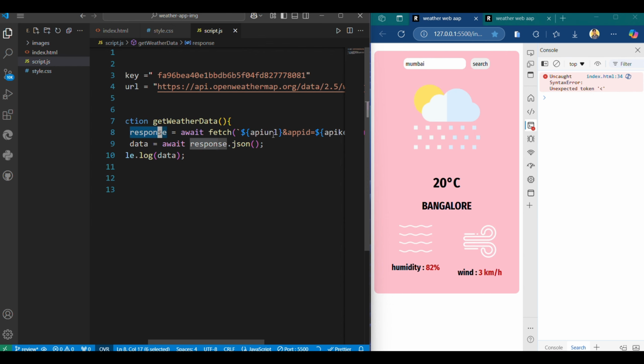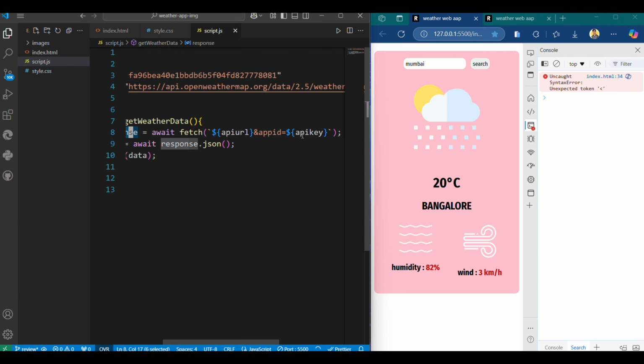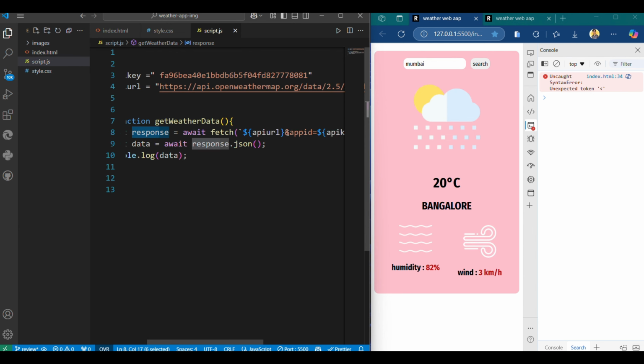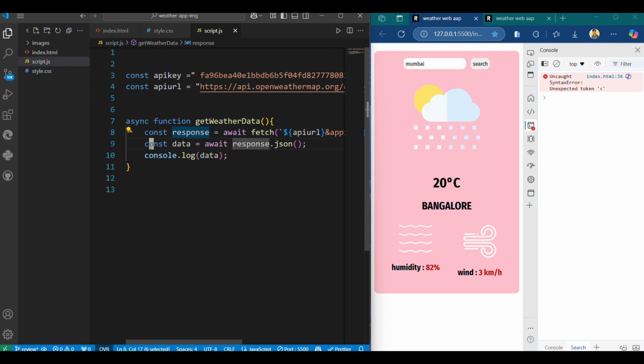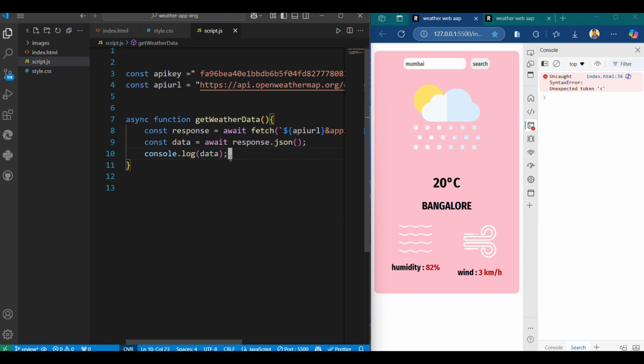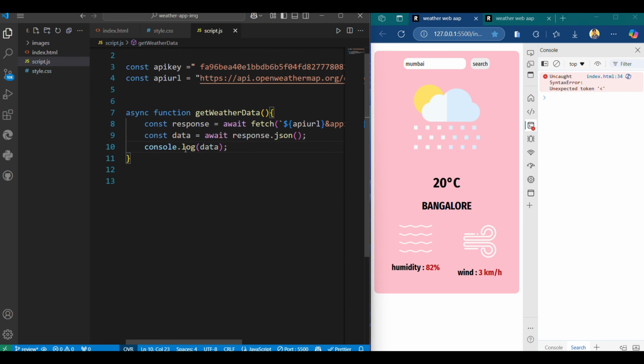This fetch function sends the request to the web server and retrieves all the information, which gets stored in the response variable. Next, I create another variable to store the data in JSON format, and using console.log, I am going to display this JSON data in the console. So that's all.